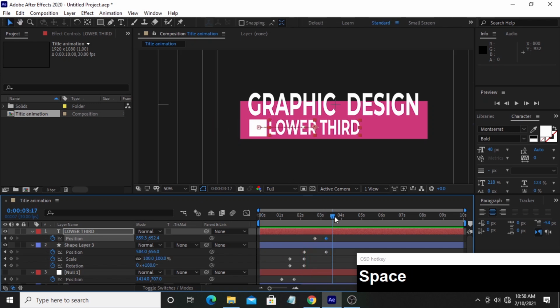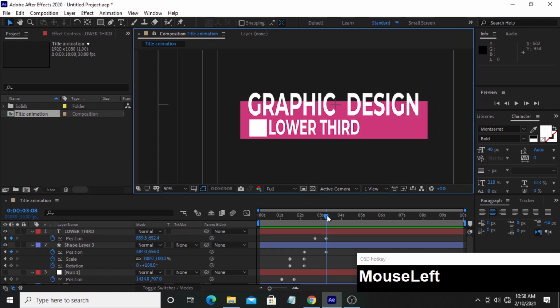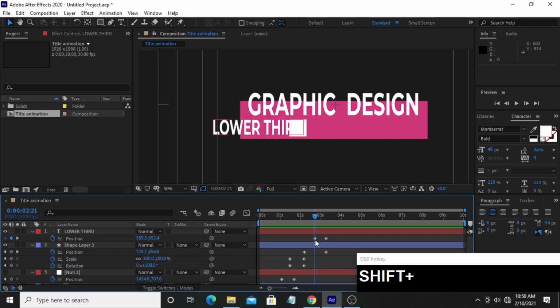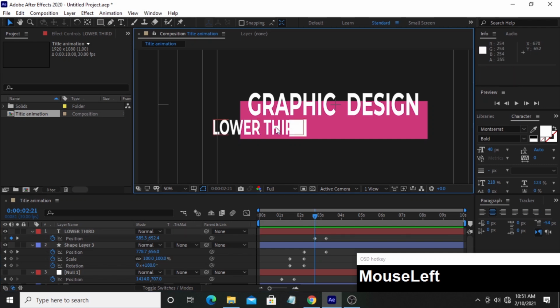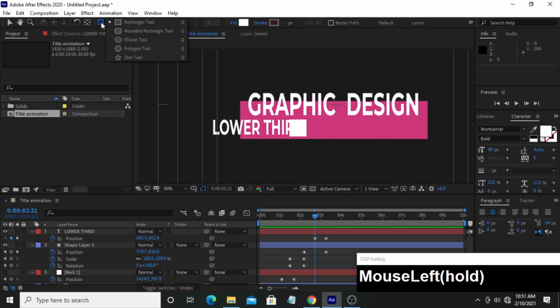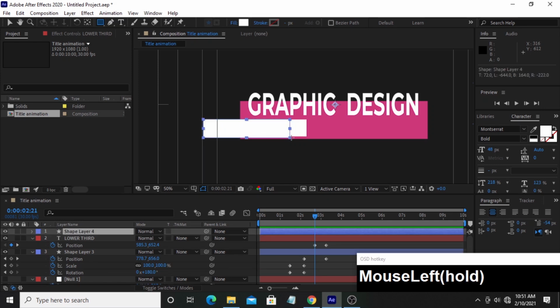Okay, but we do not want it to be visible just like the previous text. We want to hide it by making a mask layer for it. So to do that, deselect everything and come down to this keyframe or 2 second 21 frame mark in your layer panel. Now we are going to mask this text layer also. Click on the rectangular tool and make a shape over it like so,